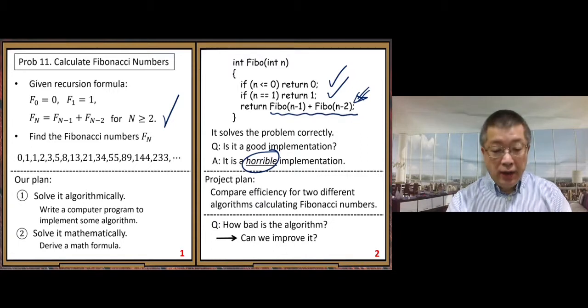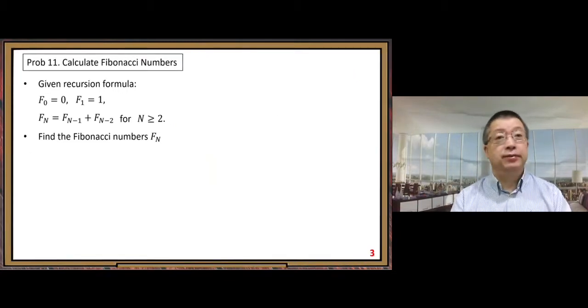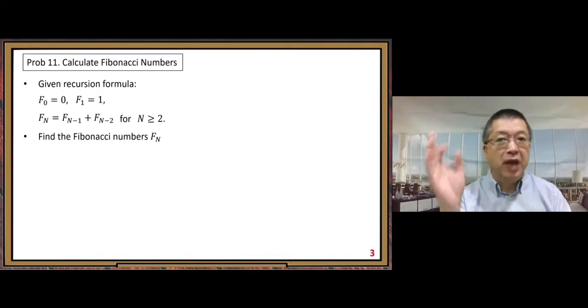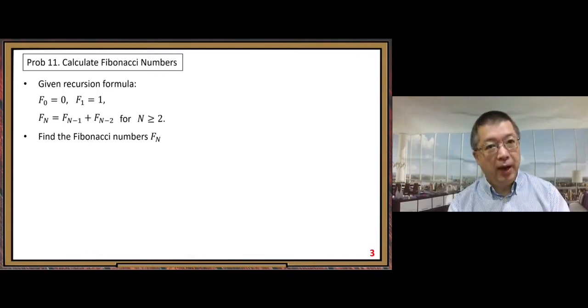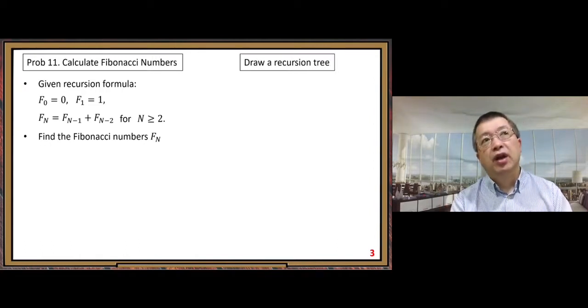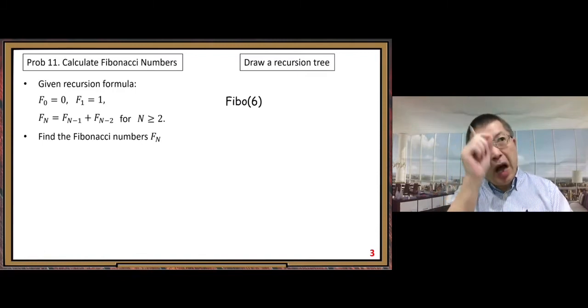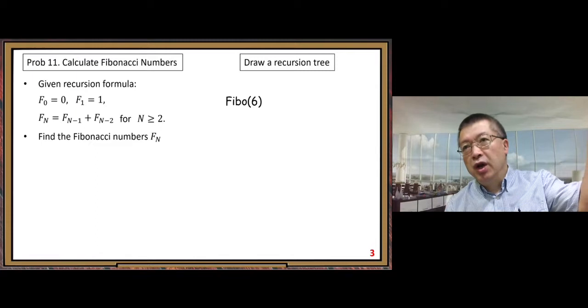Here, first I want to explain why it is so bad. I just use one simple diagram to show you it is bad. Here I draw a recursion tree to visually explain the reason it is so bad. I just show you how we calculate fib of 6 recursively when we use our previous